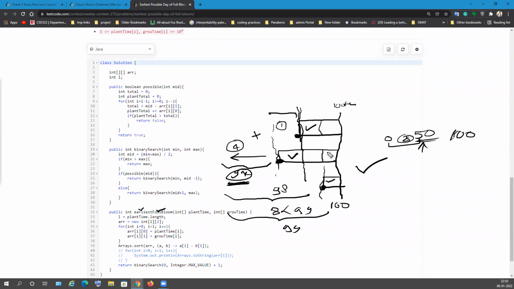Earlier when I explained this, I am taking in order which is finishing first. I have to check that first, then second, then third. For this, sorting is needed, right? Based on the growth time, the largest growth time should be checked first. So that's why I put it into a 2D array and then sorted it.